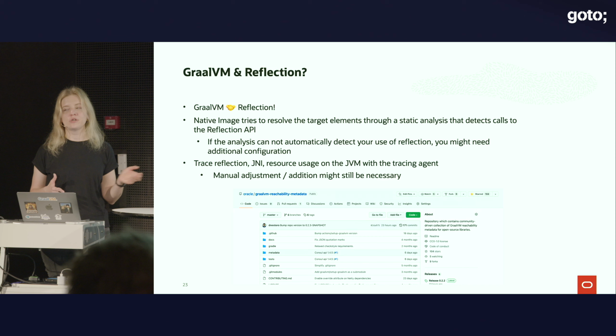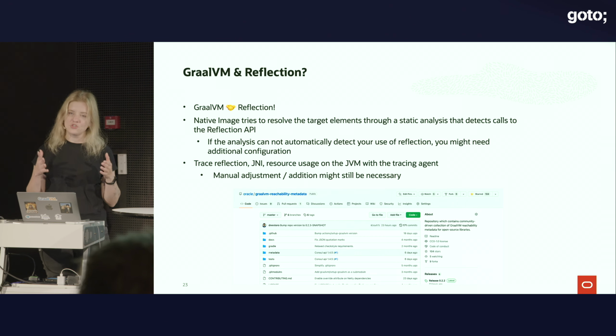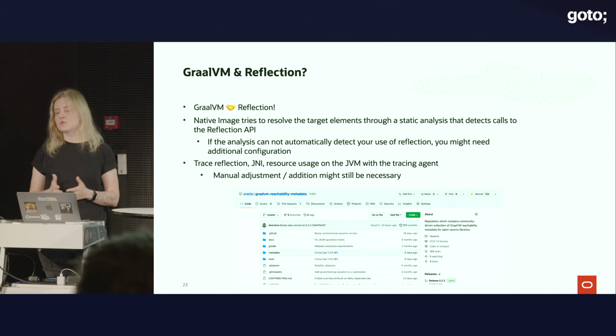So if you check out, for example, the source code of the H2 library, it already contains this reflect config JSON file that will tell native image where and how H2 is using reflection. So it's possible to build an application using H2 that also does reflection at build time. But for those libraries, tools, and frameworks that haven't adopted native image yet and don't ship this configuration yet,